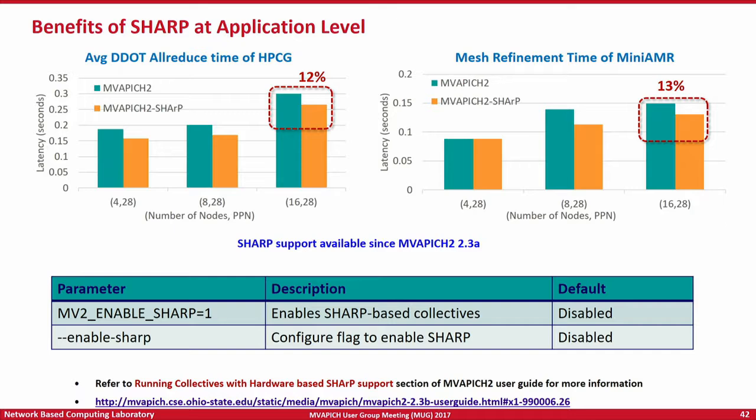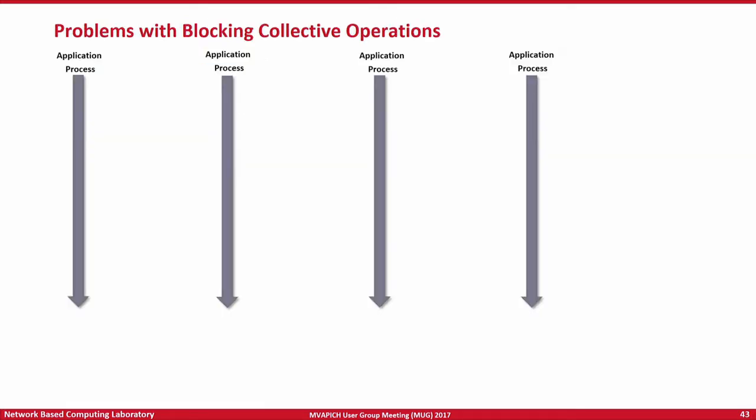Now let me quickly touch upon non-blocking collective operations. Just like with the non-blocking point-to-point operations that we saw earlier, the problem with blocking collectives is that there is no overlap of computation and communication during the actual execution of the collectives. So non-blocking collectives were introduced to have this kind of overlap. But again, just like with point-to-point communication, the problem is who is going to progress your communication. With point-to-point communication, the MPI library had to enter the progress engine to progress the communication.